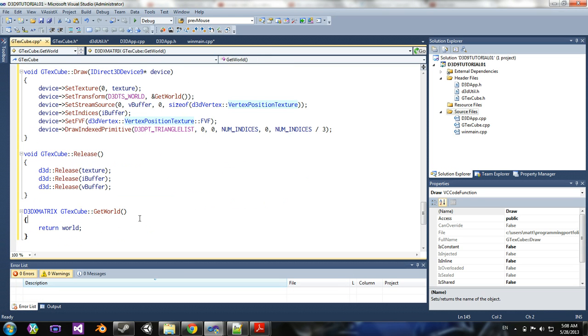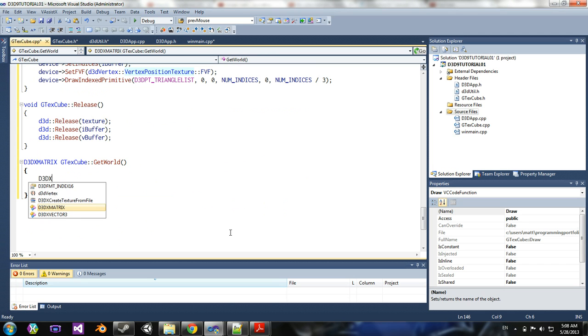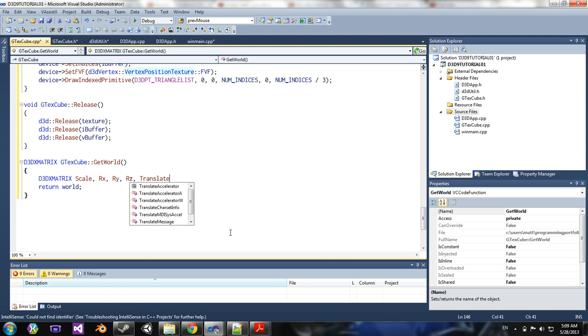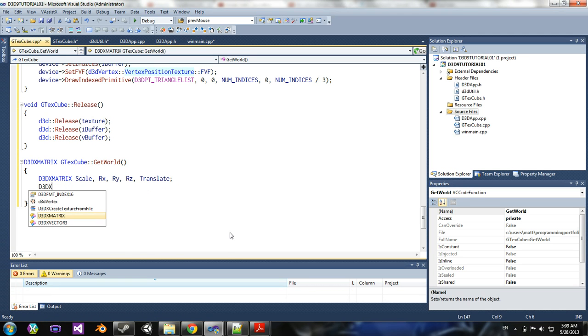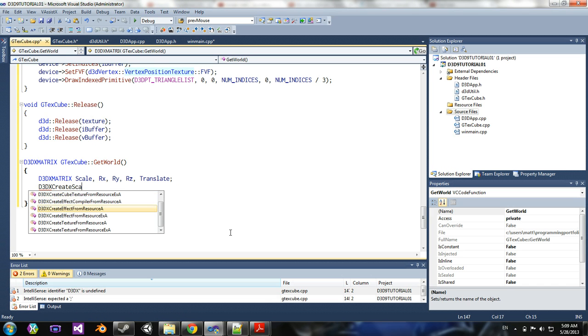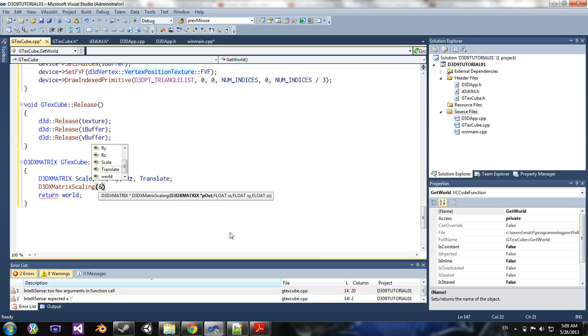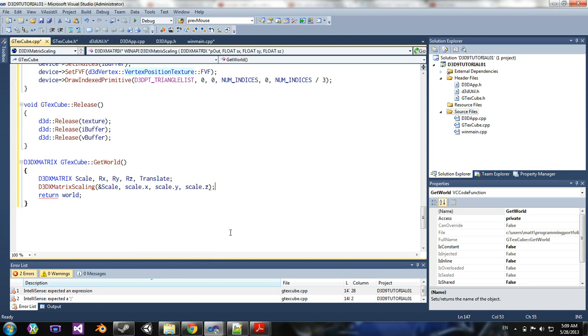So yeah, so world. Here's where we need to do some stuff. We need to create some matrices. So we're going to create the scale, the rotation X, rotation Y, rotation Z, and translation. So basically, we're just going to do create scaling. We're going to pass in our scale and scale.x, scale.y, scale.z,